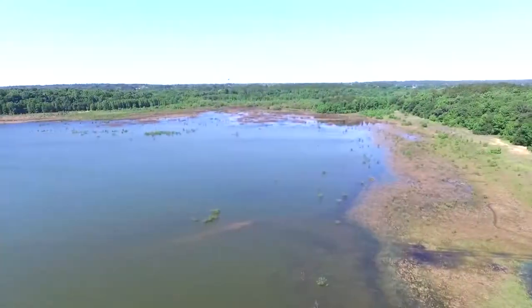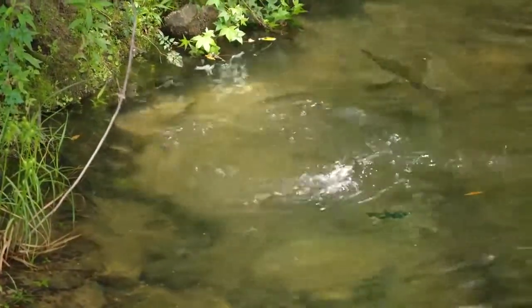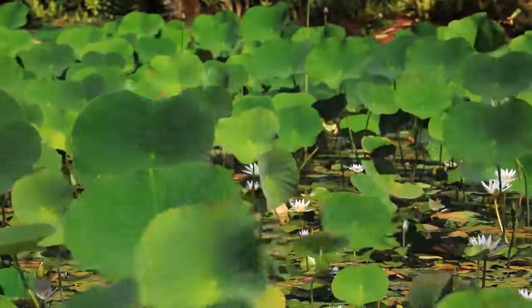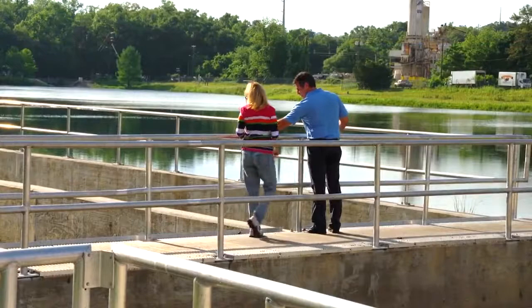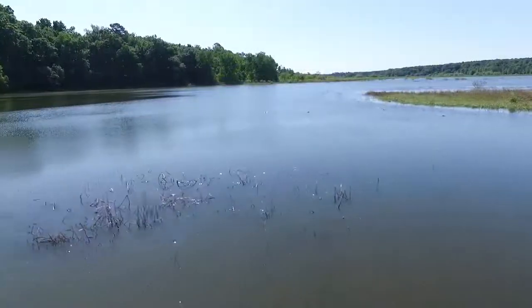Lakes, streams, and prairie wetlands all contribute to our community's natural beauty. Preserving these natural resources is part of the City of Tallahassee's mission. Using innovative solutions, the city's stormwater management team protects and enhances our environment and local water resources by improving the